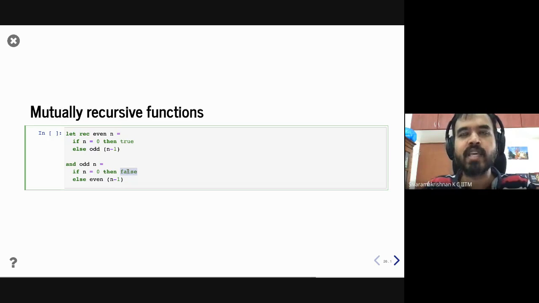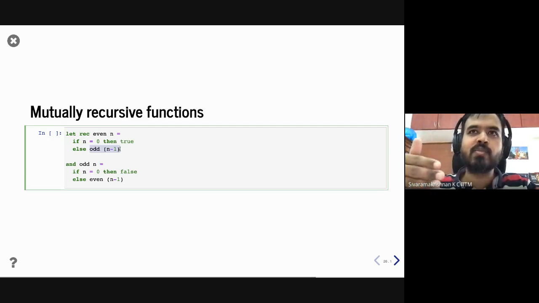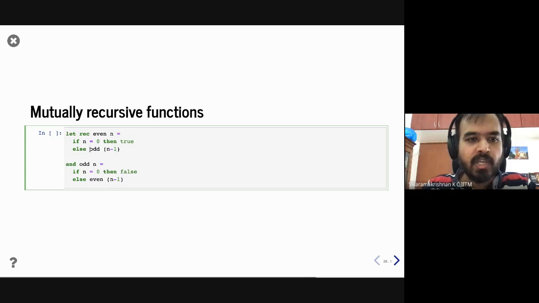What are the recursive cases? Let's go back to even. If n is not 0, then we just ask whether n minus 1 is odd, right? If n is even, then n minus 1 has to be odd, then n minus 2 has to be even, then n minus 3 has to be odd, and so on. We are simply using that particular idea. So for any other n which is not 0, we call odd of n minus 1, which calls this function. And similarly, for any n that is not 0, if you want to check whether that number is odd, we call even of n minus 1.